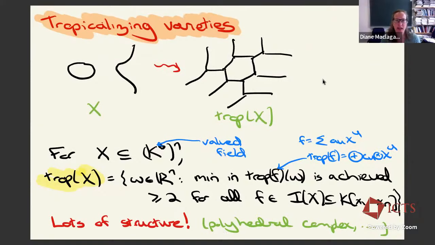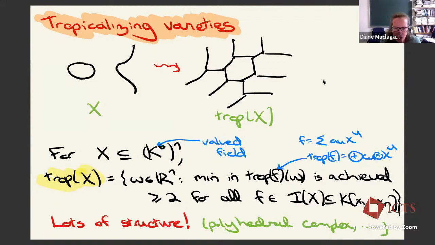Okay, so let's come back to the basics. We start, from this version of tropical geometry, with a variety. On the left here, we see a picture of an elliptic curve. On the right, we see a tropical elliptic curve. So the idea is always we start with a variety, we tropicalize it,